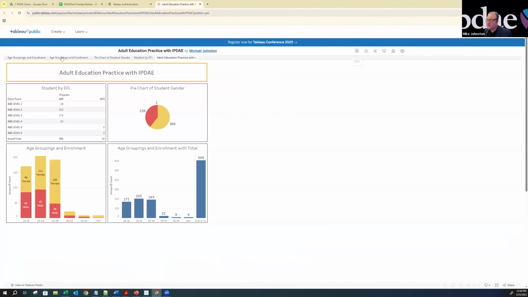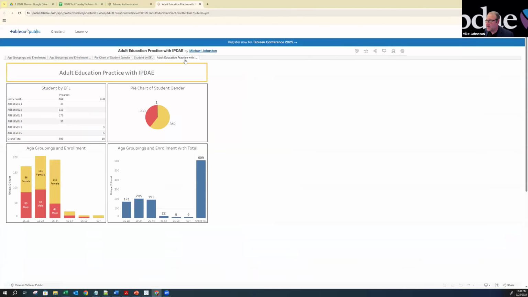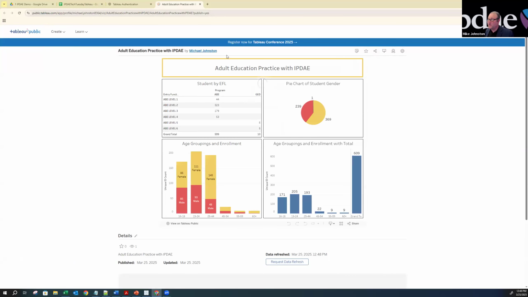The nice part about this is that it published each one of these independently. I only want to keep the dashboard, so that's an easy way to change that. This just says Show All Sheets. I'm just going to get rid of the Show All Sheets, and now that's going to be updating and changing that setting. So I will show you, colleagues, that since I did that, we only have one visualization that's here.